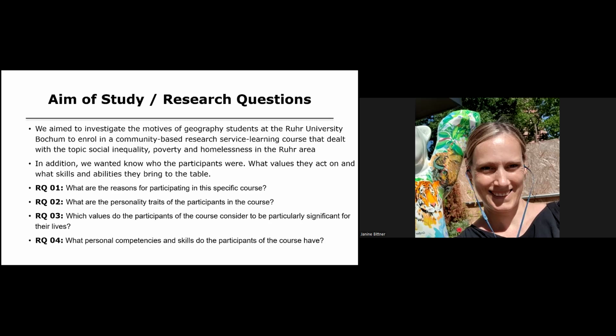So we were interested in these questions because our literature review shows us that there are several specific characteristics normally of students who are especially interested in service learning projects. And from this literature review, we were focusing especially on literature from the United States. And because of the results of this literature review, we thought it could be really interesting also to get more information about the characteristics, the skills, and the abilities and the values of our students in this